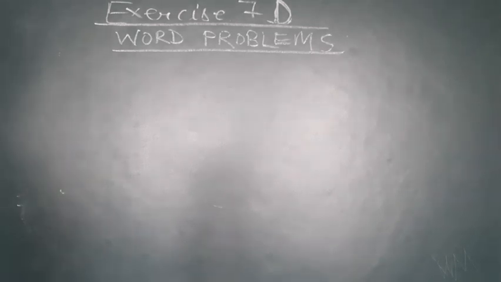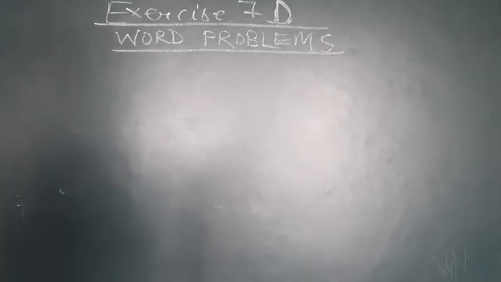So students, I was explaining you the topic average and we have solved till question number 2 in exercise 70. So today we have to start the word problems. I have to start from option number A. I will be reading the questions one by one and I will be explaining you all the questions. And if there are any problems or difficulties, you can comment down in the comment section.